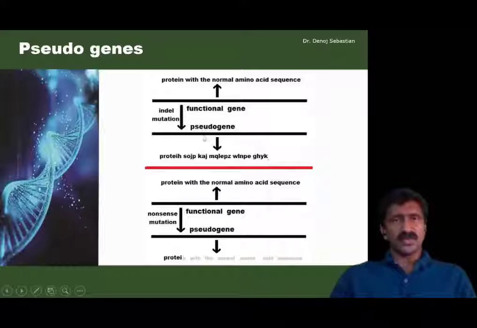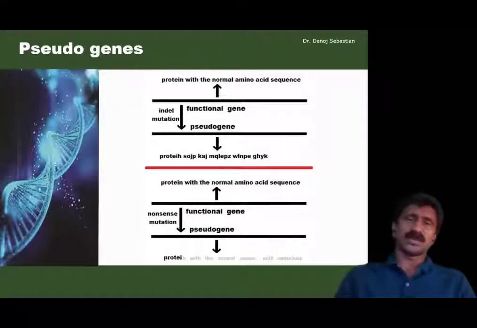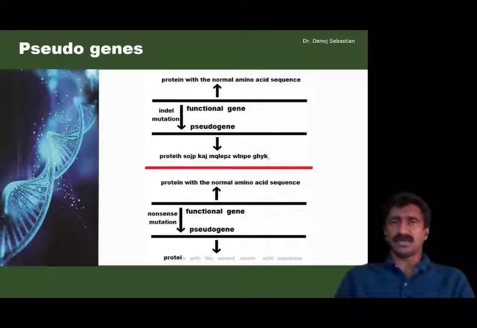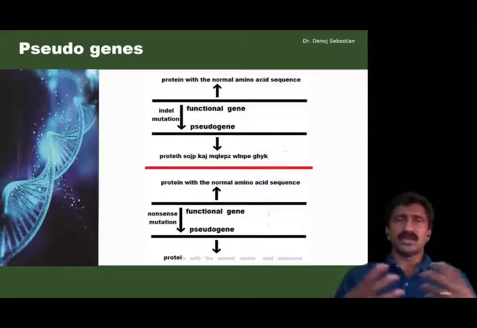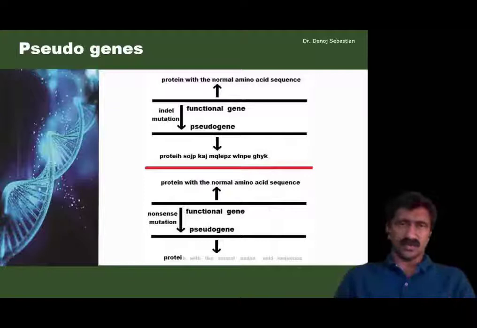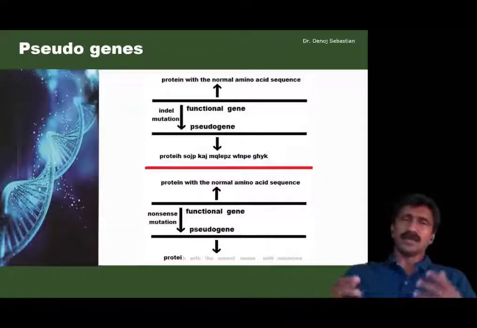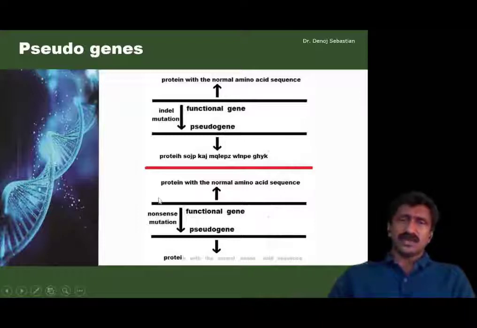So the pseudogene, which is a dysfunctional gene produced by an indel mutation from the functional gene, will produce a nonsense protein because an insertion or deletion will result in a frame shift mutation, and that frame shift will change the entire sequence of the amino acids being coded from that particular sequence. So it will be a nonsense or non-functional protein which is coded. Now, here we have another option, so this is an indel mutation, and in the second case we